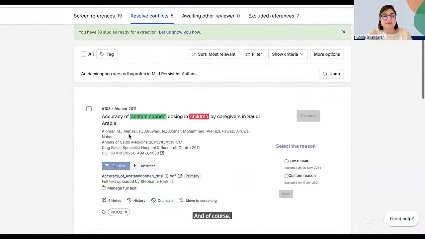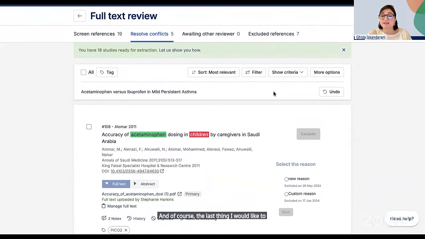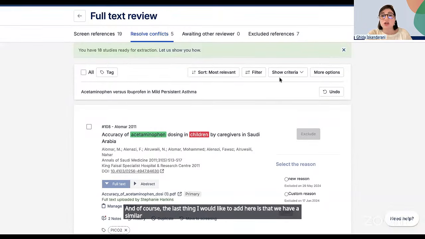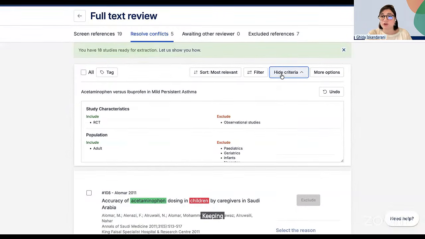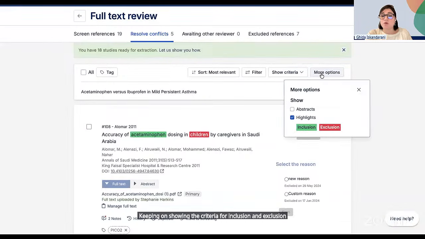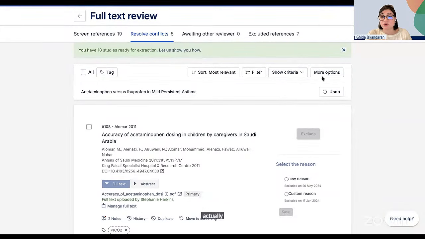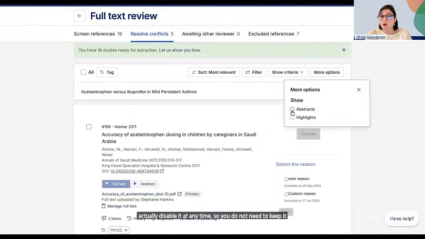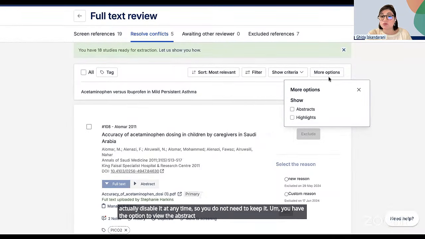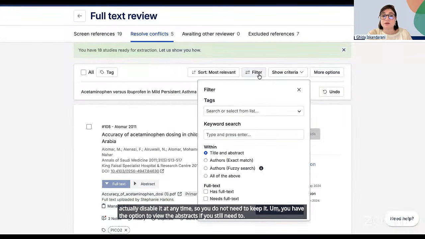And of course, the last thing I would like to add here is that we have similar features about keeping on showing the criteria for inclusion and exclusion, more options on adding highlights. You can actually disable it at any time, so you do not need to keep it. You have the option to view the abstracts if you still need to, and then also the ability to filter